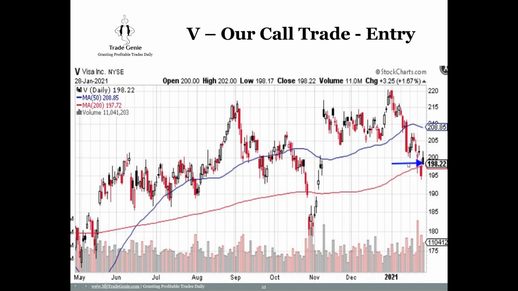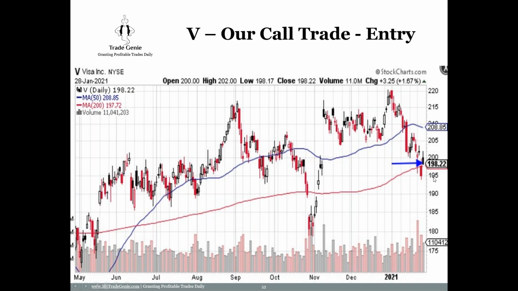Visa. So when I'm looking at Visa, I'm looking at MasterCard also, Square, PayPal, etc. Just to see what the others are doing. If PayPal is moving, Visa moving, MasterCard moving, Square moving, then maybe I choose. So I choose which one. I chose the Visa, and the reason could be this.